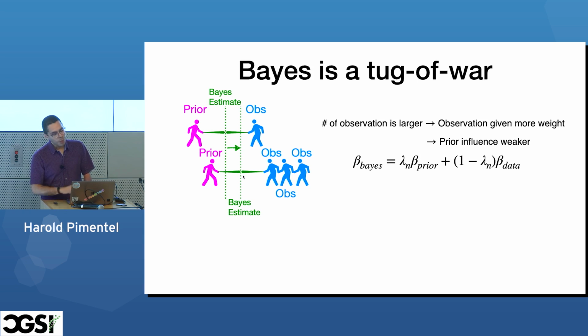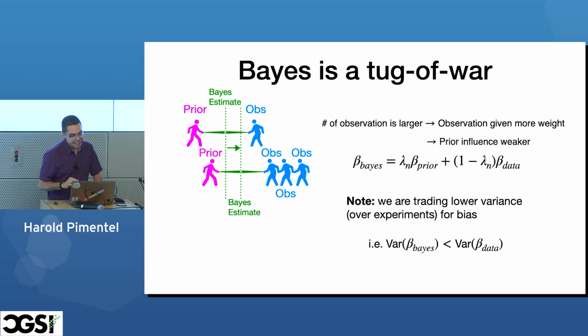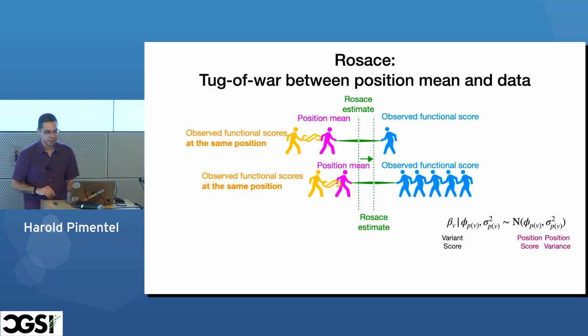Okay, so fine. But why would you do this? Well, if you are working in this world where there's not a lot of data, there are some properties that one might want. In this case, what we want is actually lower variance over all of the experiments on average for a little bit of bias. And the art of this is really trying to inject the least amount of bias while still reducing the variance greatly. This is kind of hard to do. It takes a lot of practice and a lot of model checking and all this sort of stuff. We're not going to do any of that today, unfortunately, but